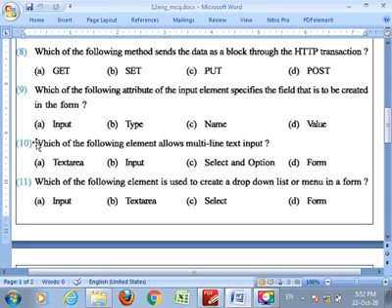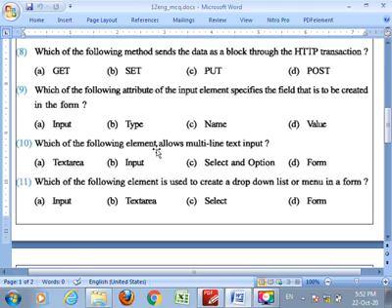MCQ number 10. Which of the following elements allows multi-line text input? Dear students, we discussed earlier that if I want to get only one line of input, at that time I use the text box control. And if I want to get more than one line, or the multi-line concept, at that time I must use the text area.